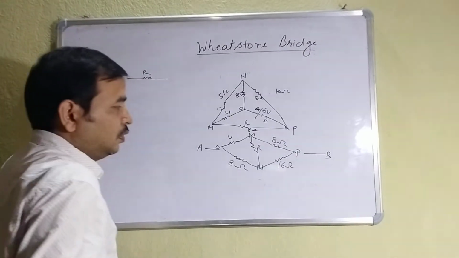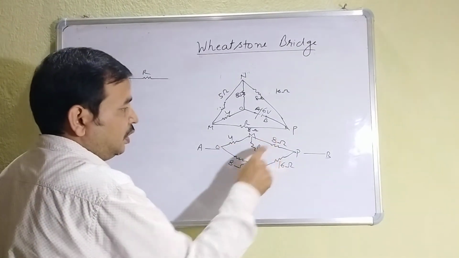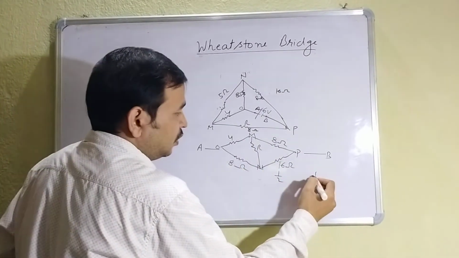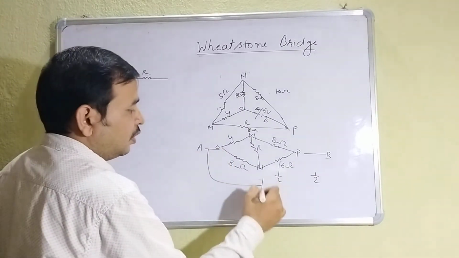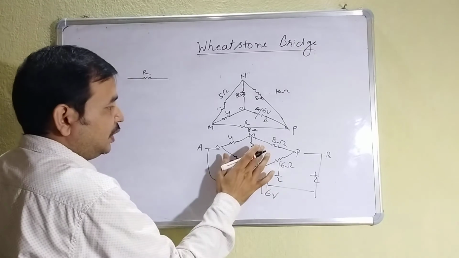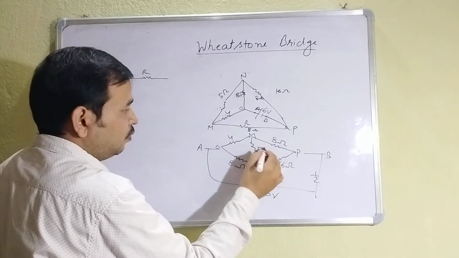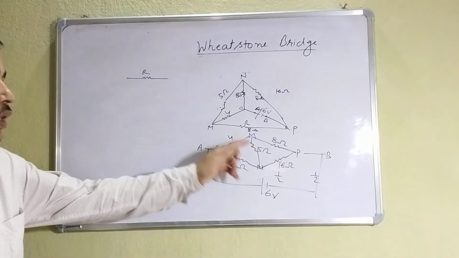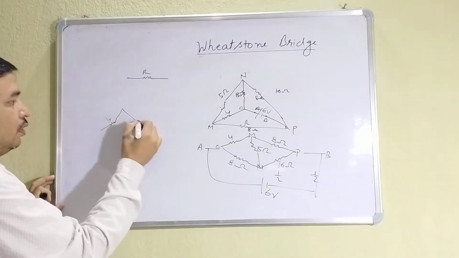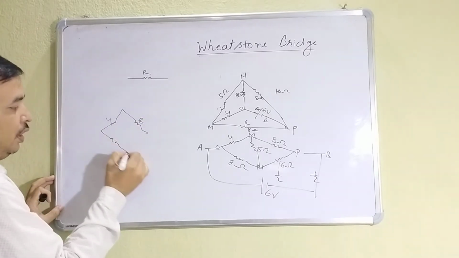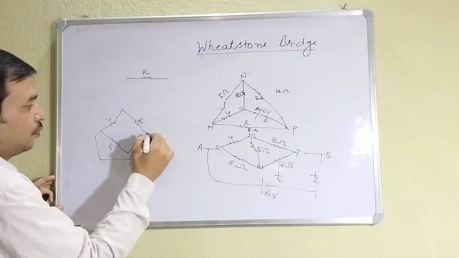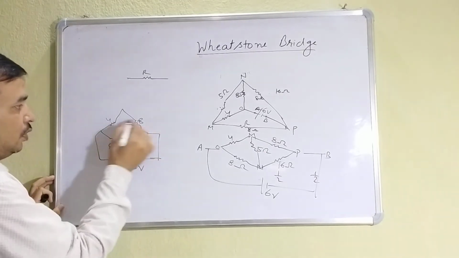Now you can see whether this is a balanced state or not. 4 by 8, P by Q, that is half, R by S, that is also half. So it is in balanced state. Clear? Now it is connected to how much? 6 volt battery. So if it is in balanced state, this is given as 5 ohm. So this 5 ohm you can remove. So what is the equivalent? 4, 8. Both are in series. 8, 16. These are in series, connected to 6 volt. So 8, 4, 12.